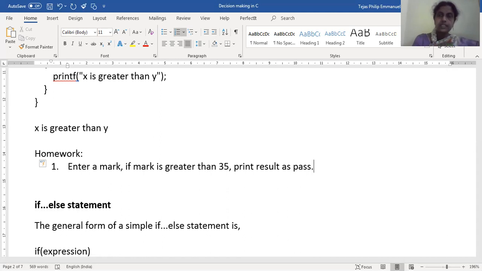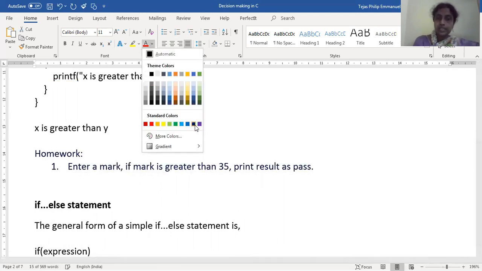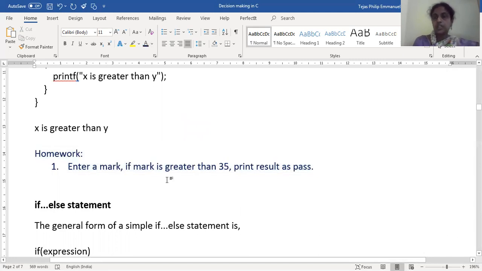and send it. I have sent the link. There you need to write the answer for this, type it and send it. Using your phone only, you type it up and just send it off. That will be taken as your attendance, provided you have watched the video, only then can you do this homework. This is the homework for this part of the program. First, complete the notes, try understanding the concept, then try doing the homework.